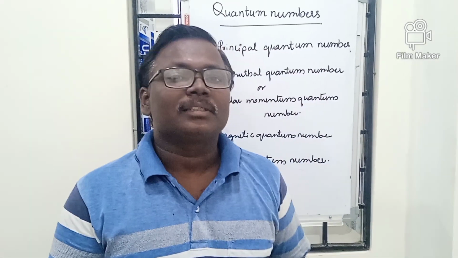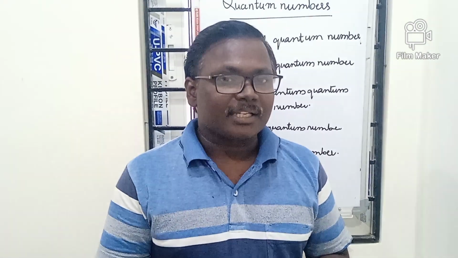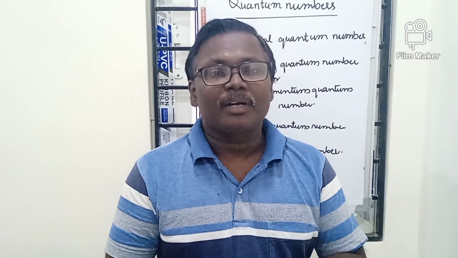Quantum numbers describe the exact position of an electron inside the atom, meaning where the electron is inside the atom. We know that electrons are inside the atom and moving around the nucleus in different paths which are known as orbits or shells, as we discussed in the previous class. Whereas the electron is revolving in a particular orbit, how can we predict its exact location